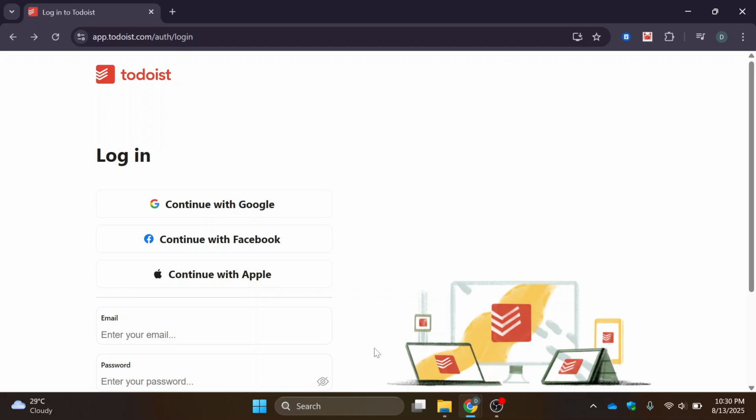Hey there, today we're going to look at how to use natural language on Todoist. So let's get started. First, open your web browser and go to